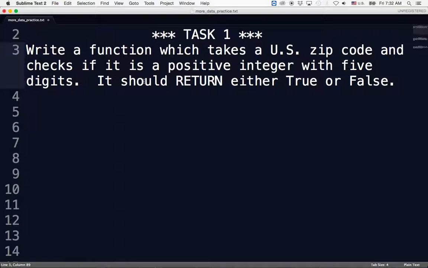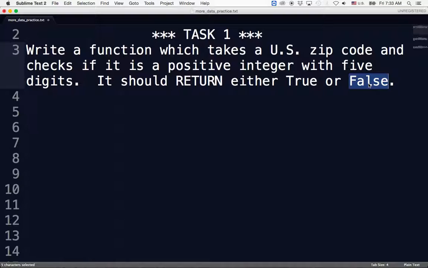Whenever we're writing a function, I'm going to give you a few tips now, and then I'll code this for you later. Remember there are 2 steps. Step 1, write pseudocode, an outline of this function. Specify what inputs it should take and what outputs it should produce. The output should be either true or false. It returns true if the value it was given is a valid zip code according to our definition, a positive integer with 5 digits,